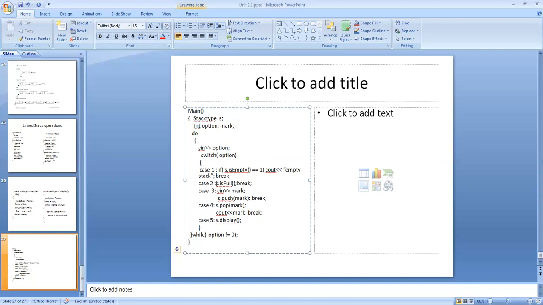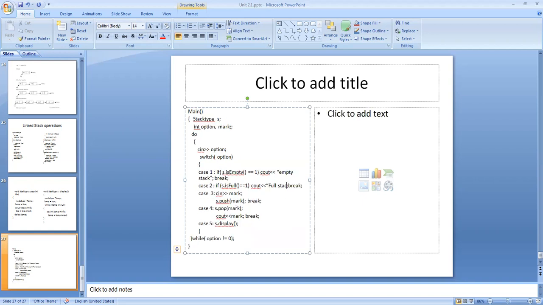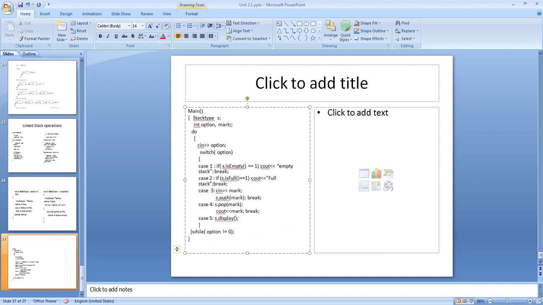Similarly, if s dot is full is equal to 1, cout full stack.